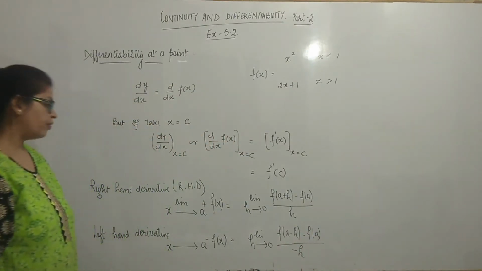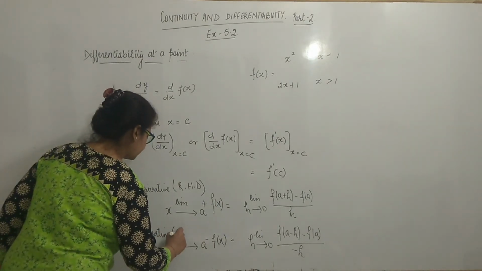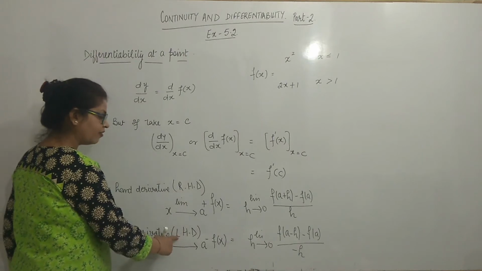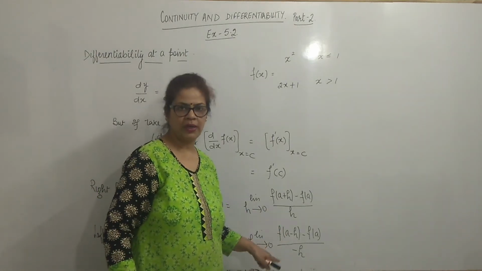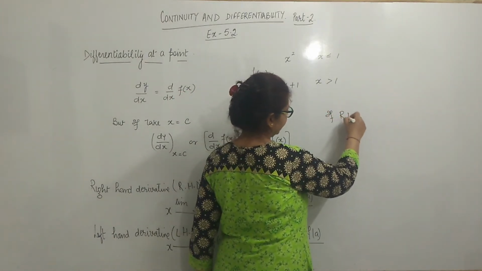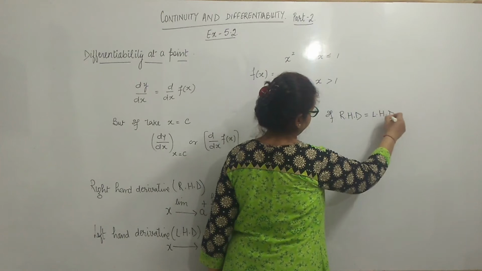So a function is said to be differentiable at a point when the right hand derivative and left hand derivative both exist and are equal. That is, if the right hand derivative is equal to the left hand derivative, then